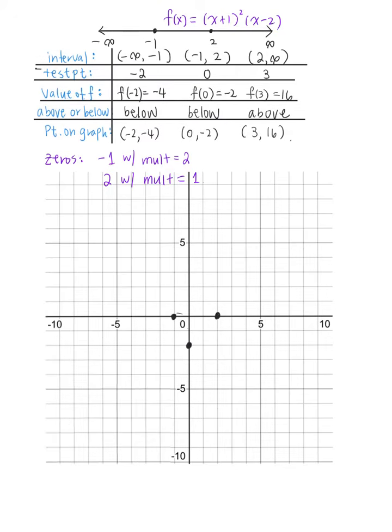Okay, so now let's draw this out. From negative infinity to negative 1, on this region here all the way up to negative 1, it's going to dip down below the x-axis, right? And then for the next interval here from negative 1 to 2, it also has to be below. So that means that there is no way that this graph can cut across the 0, because if it does,